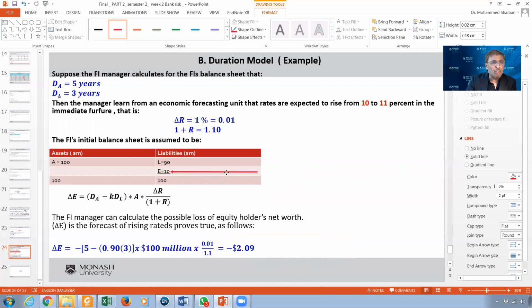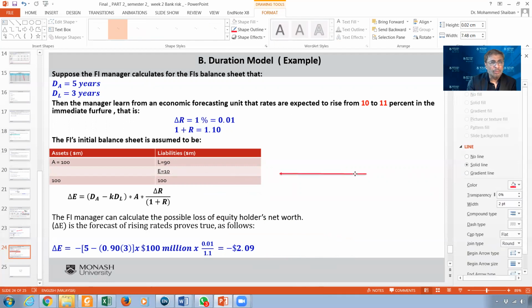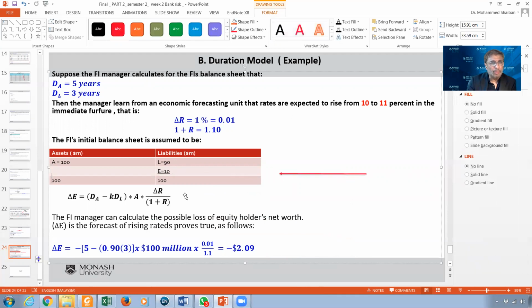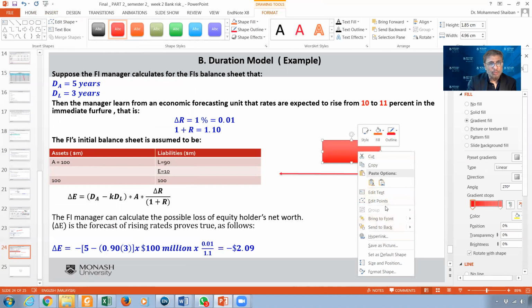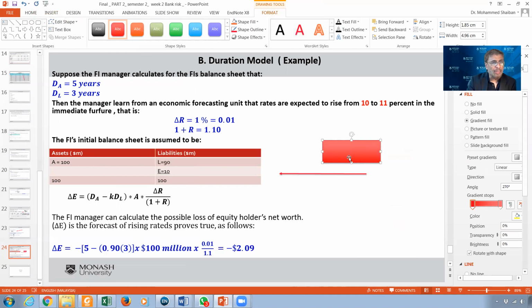So this equity now is not 10, but actually 10 minus this one. If I can write it here, now it's the drop in my equity. Now, if I told you what is my equity, you will say my equity is actually 10 minus 2.09, which is actually 7.91 or whatever,